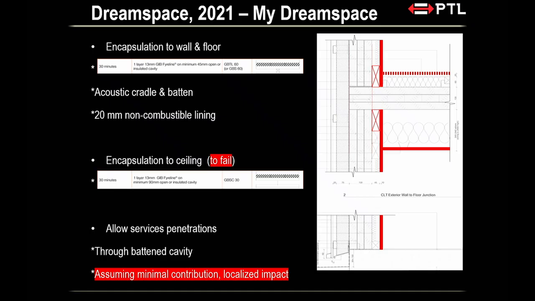These days, we might not be allowed to do this anymore, all right? Because JIP have the system of direct fixing and a batten. And that's where you're allowed to run unsealed penetrations. But back then, again, we didn't know much, right? So we make the assumption that, look, any penetration going through our fire line of the wall will be very small. You're looking at stuff like that. So the timber behind, if anything goes wrong, will be quite localized, right?